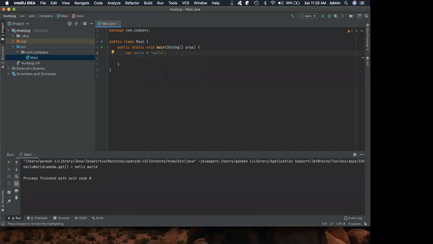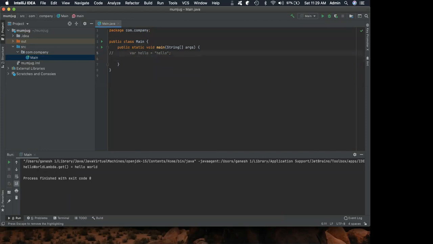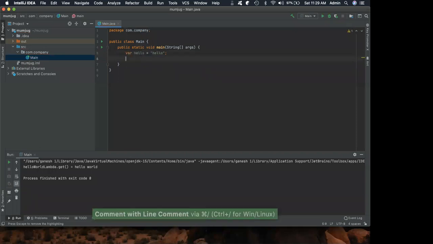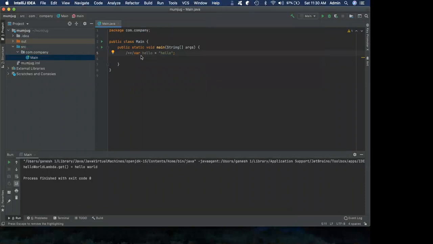Now I want to comment this out. What I can do is command slash, and you'll be able to do the comment. And if I'm already in a comment, and if I do it again, it will go away, right? And if I do the shift command slash, I'll be able to introduce a block comment.